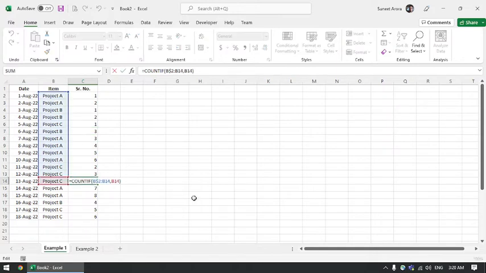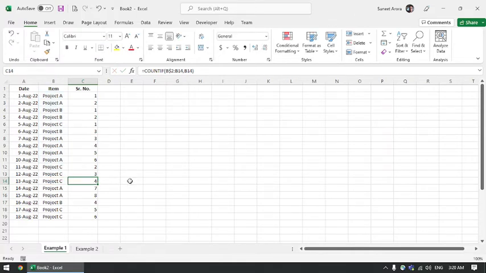And here similarly it is trying to count, it is counting project C up to this point. So we have 4 occurrences. These are 3 and this is the 4th one, right? So we are getting 4. So this way we can get the serial numbers